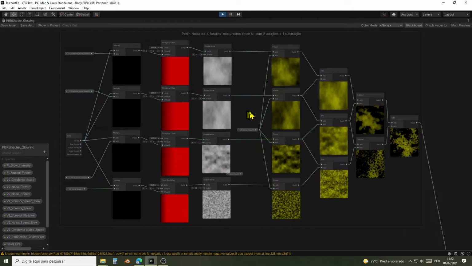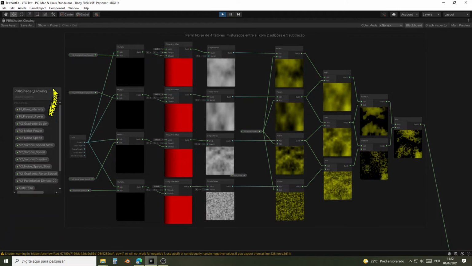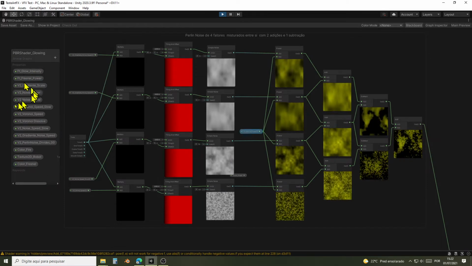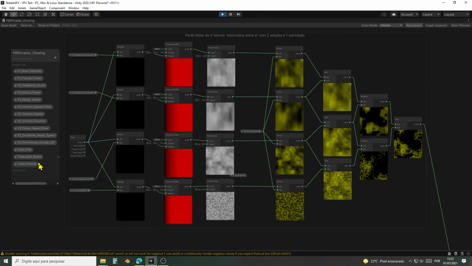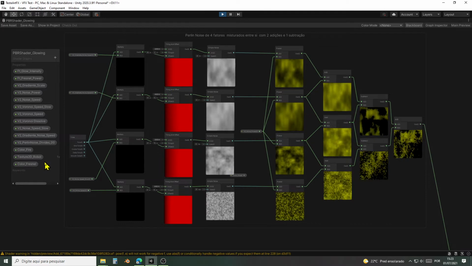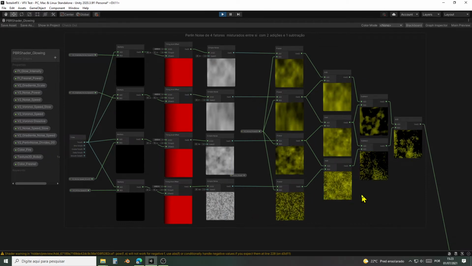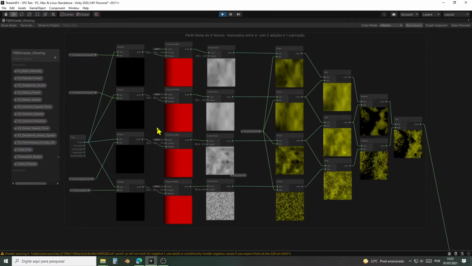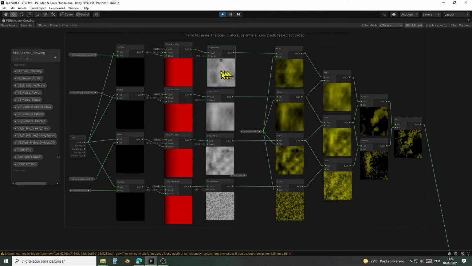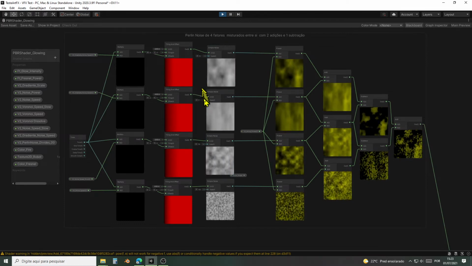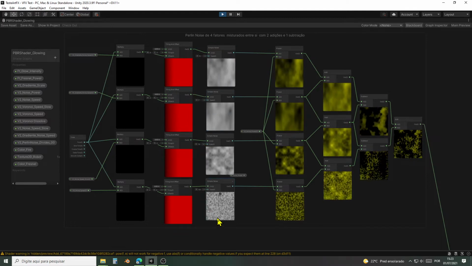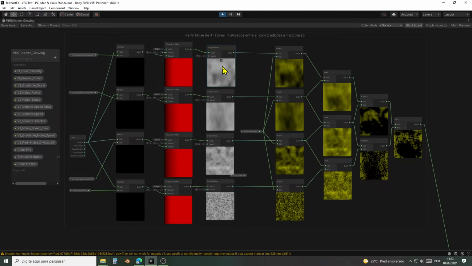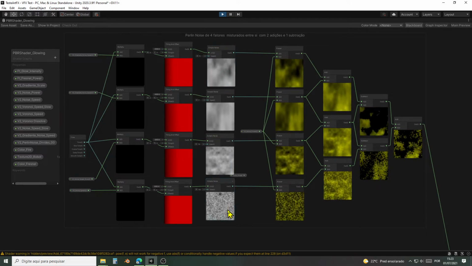So here's the first thing I have created here. As we can see here, this has a lot of variables too. These variables here we created by clicking here, and we can create a whole bunch of variables that you can use to change the configurations of this shader. So here I have created a Perlin Noise. With Perlin Noise, we use simple noises with different sizes. This has 5, this has 7, and so on. We can see the texture here. I put some movement in this texture, and